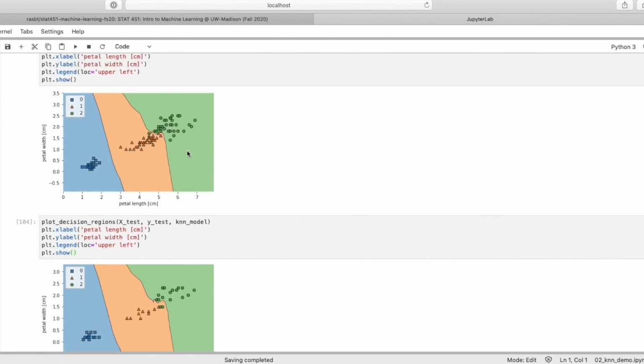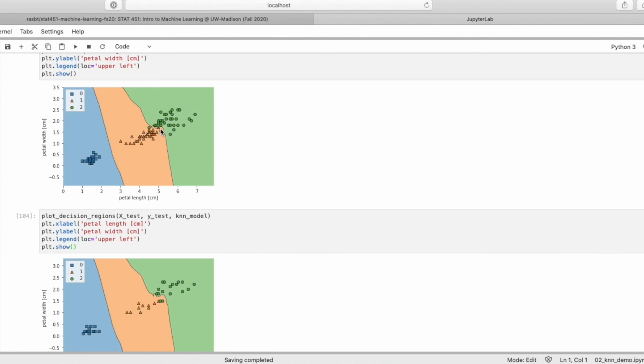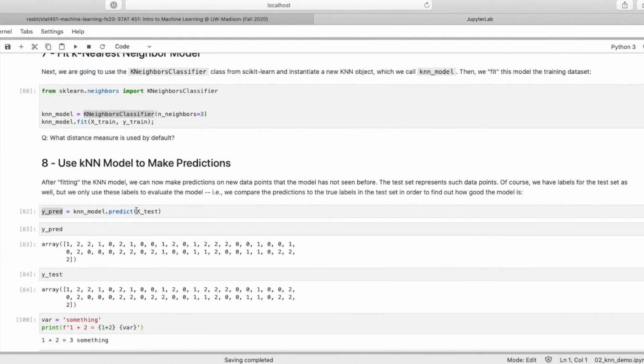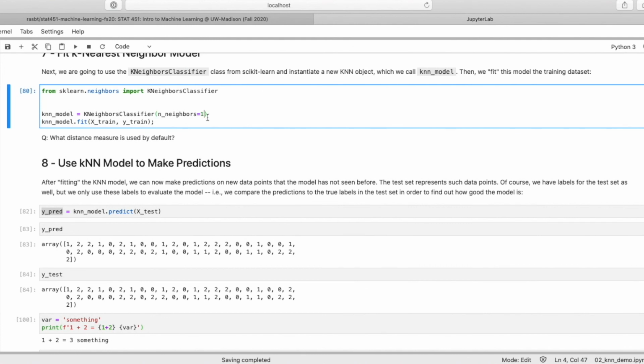So it looks like to me, if I look at that, it gets all of these blue ones right, the setosa flowers. However, I can see in the training set, it gets these 2 triangles right here. So it's fitting it very well. So this green one is maybe not fitted very well because it's like a 3 nearest neighbor model. If we would use a 1 nearest neighbor model, let's maybe just quickly do that. Let's use a 1 nearest neighbor model.